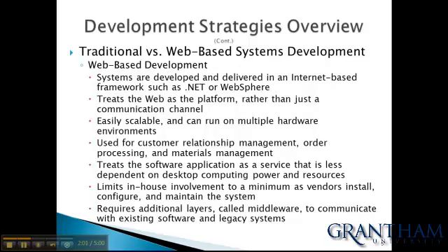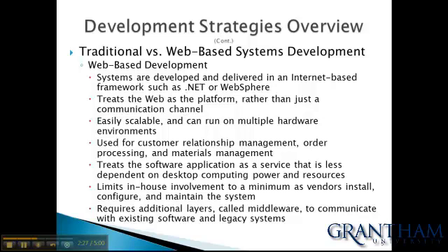With a web-based system, the systems are developed and delivered in an internet-based framework such as .NET or WebSphere. It treats the web as the platform rather than just a communication channel. It is easily scalable and can run on multiple hardware environments. It's used for customer relationship management, order processing, and material management systems.